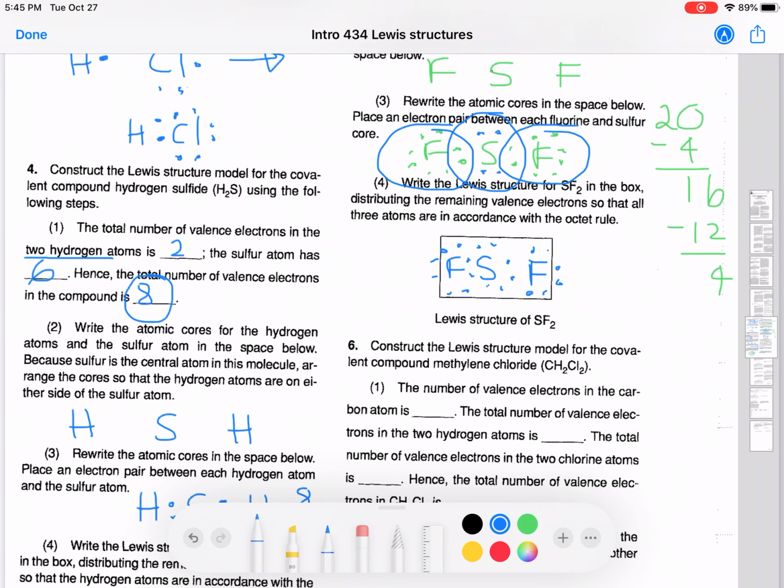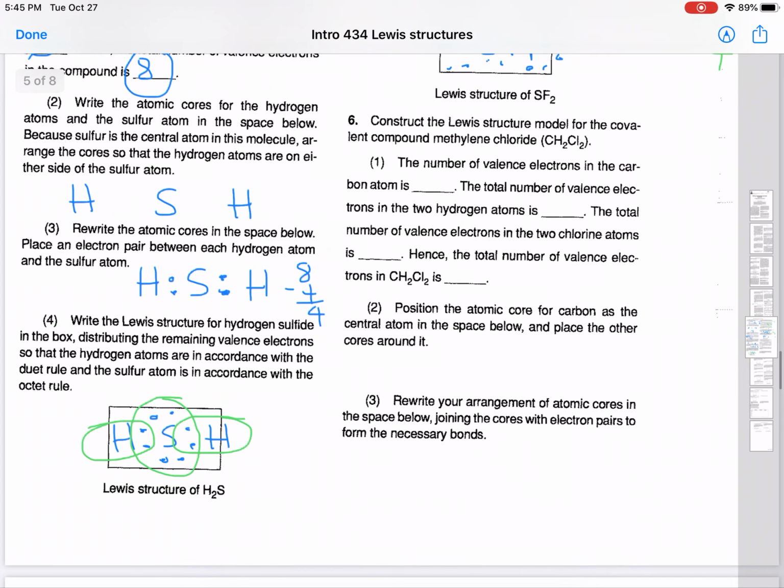Number 6, construct the Lewis model for the covalent